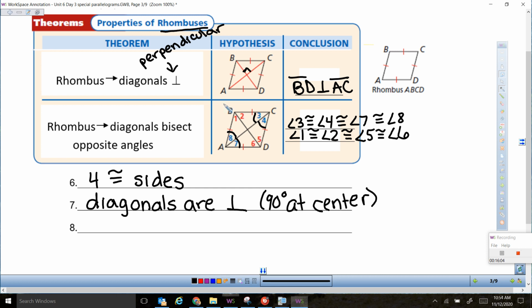Property number 8 also comes from this text box. The bottom row of that text box says that the diagonals bisect opposite angles. So the diagonals bisect opposite